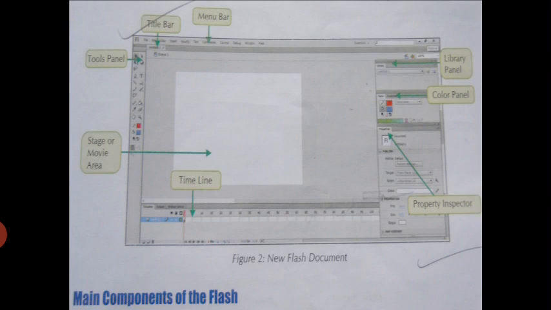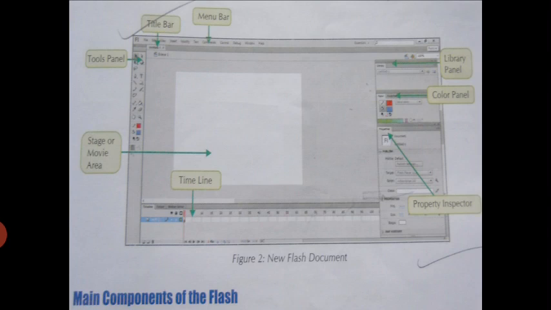Then third is the stage or movie area. Movie area is used to create a movie or object. Then the fifth one is the timeline. Timeline is used to give time to the movie. And sixth is the property inspector.